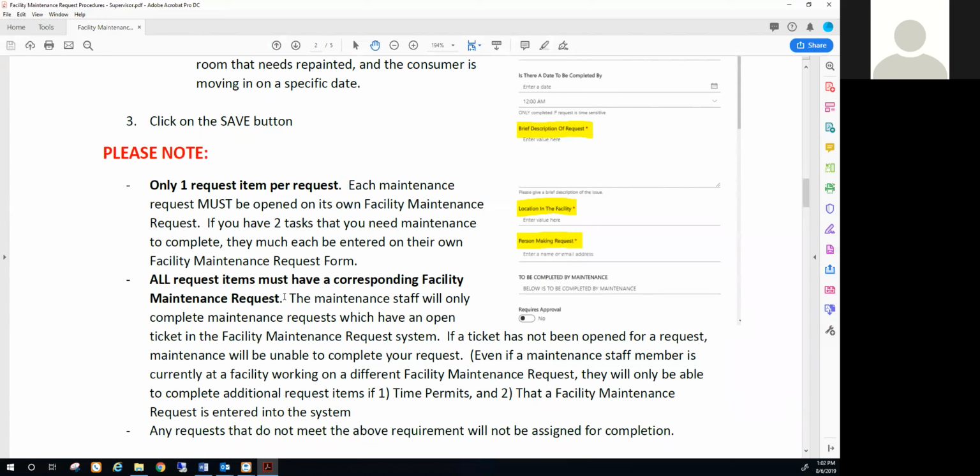Also, in order for something to be done, there must be an open request form in the system. So if maintenance comes to fix that stopped sink, and while they are there, you say, hey, while you're here, can you change this light bulb for me? If there is not a request open for it, they will not be able to change that light bulb for you. However, if you can jump on the computer while they're fixing the sink for you,